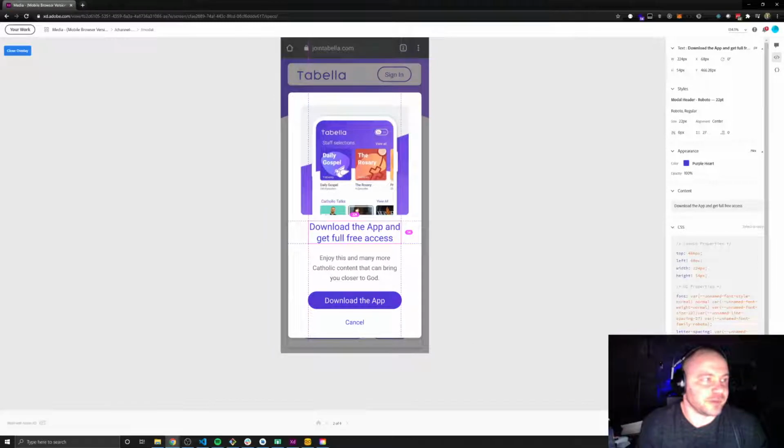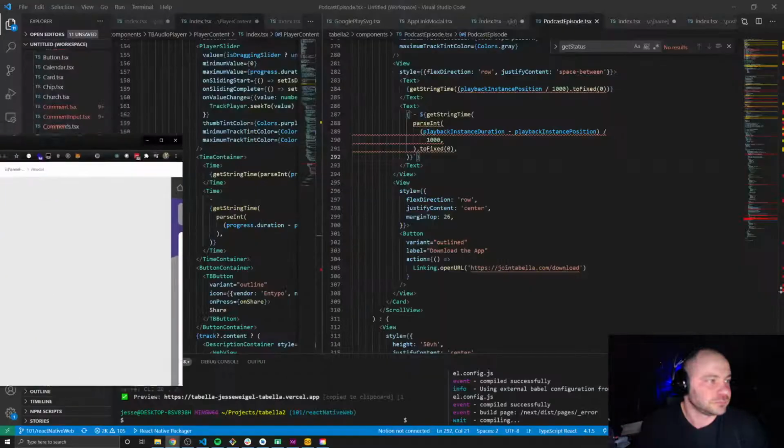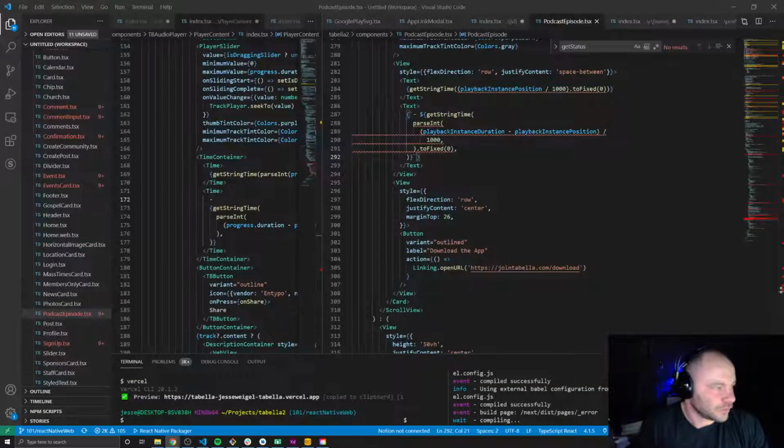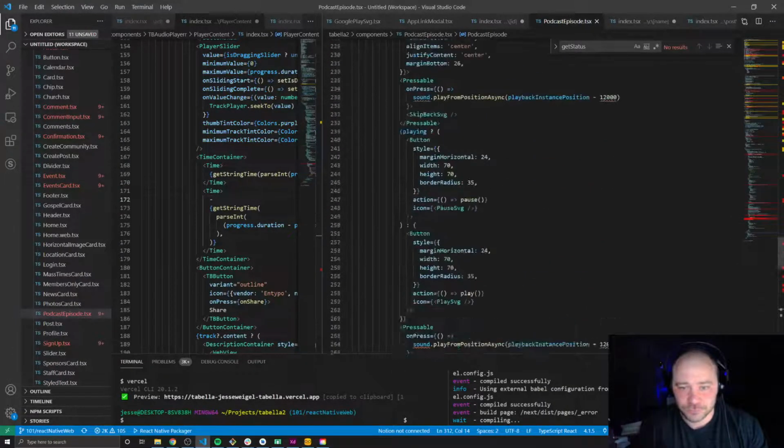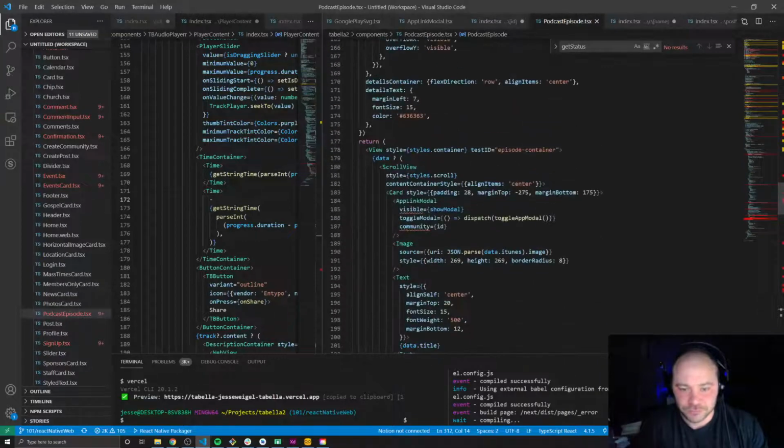I'm gonna move this back over to my other screen so we can get to work with some code. Now, I already have a modal in this page that I'm not going to be using, but what we can do is use the modal. At least I did have a modal. Maybe I took it out already. I think I did. Nope, there it is. So we have a modal already,